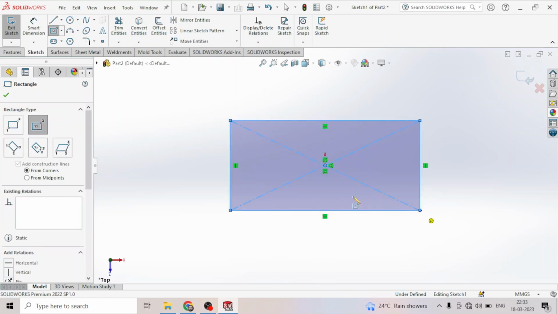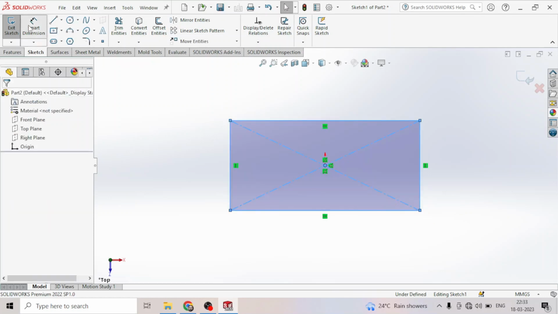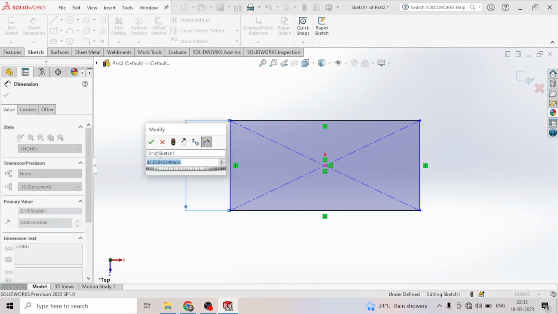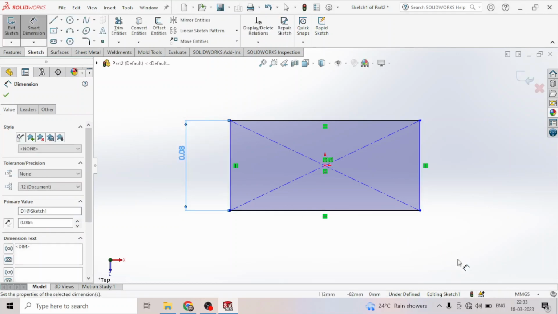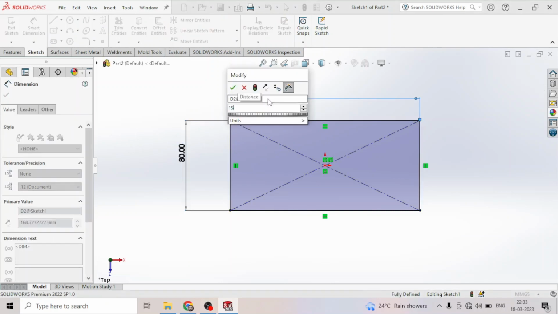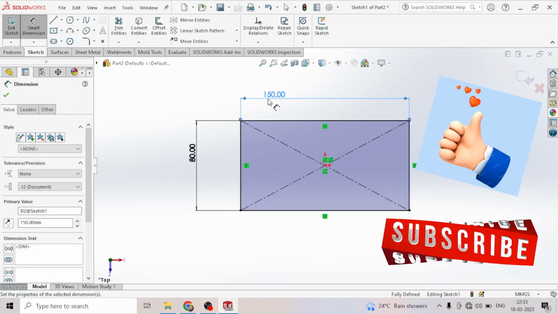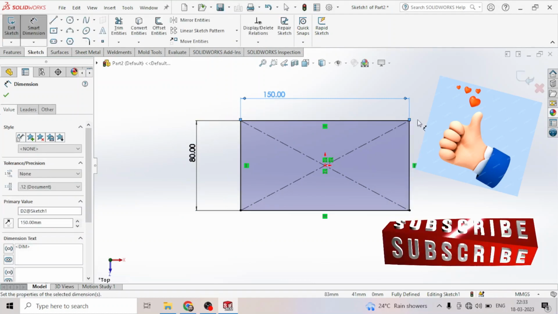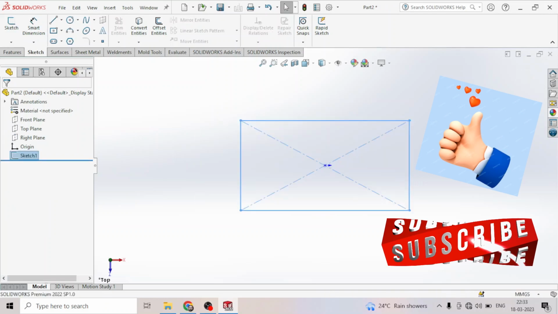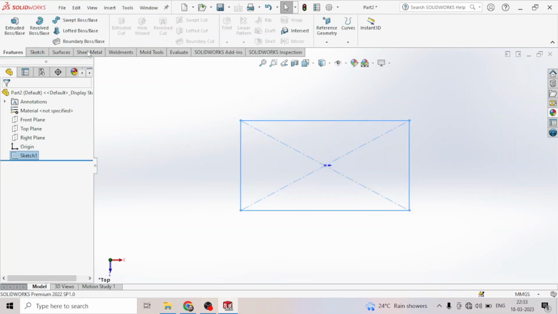I am creating a rectangle. Then we will define this rectangle with the help of a smart dimension. I am giving it a vertical dimension of 80 mm and a horizontal dimension of 150 mm. Now the rectangle is created, and then we exit the sketch from here and go to features,